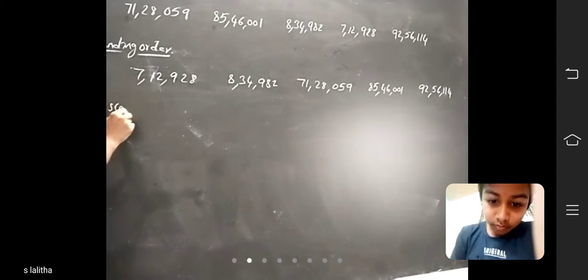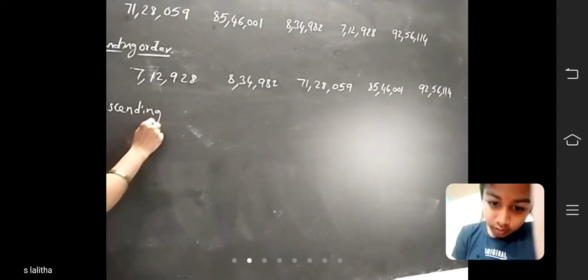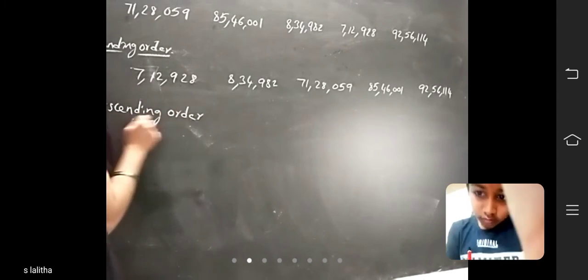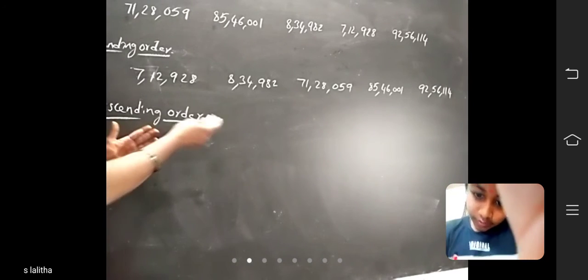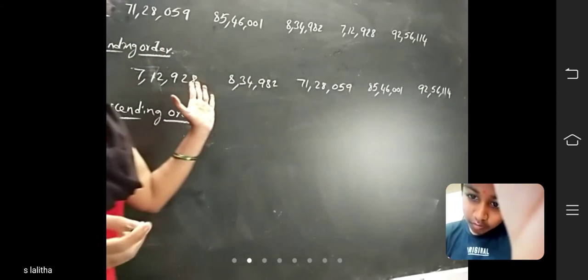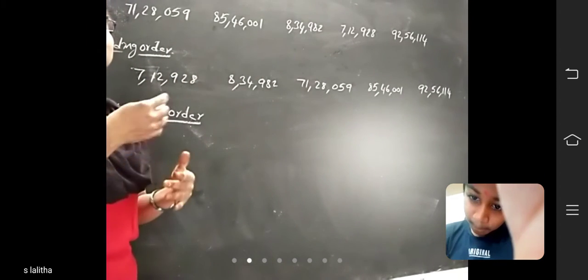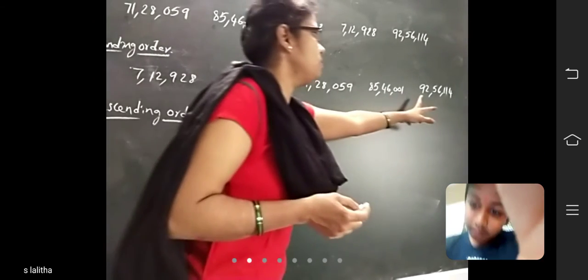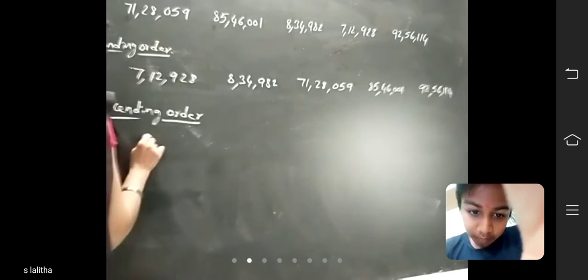Same numbers. Descending order. It will be reversed of ascending order. So you should reverse these numbers. Descending order means numbers arranged from greatest to smallest. So first number what you should write? 92 lakhs